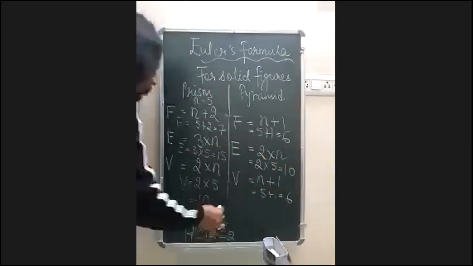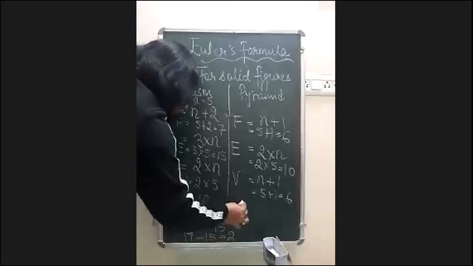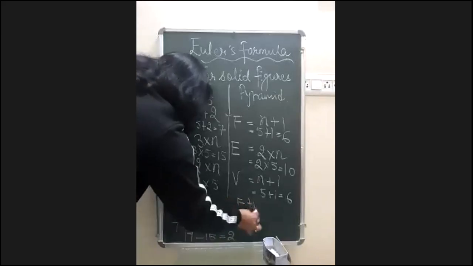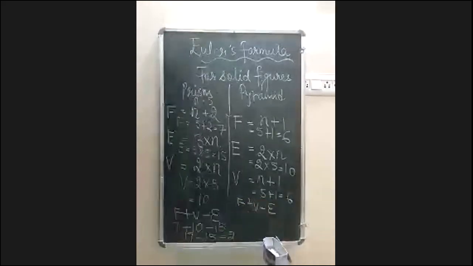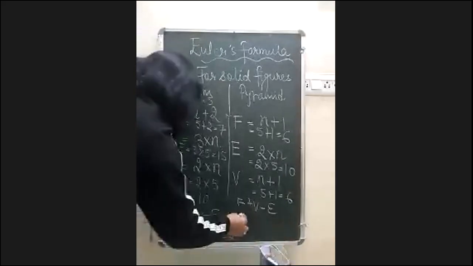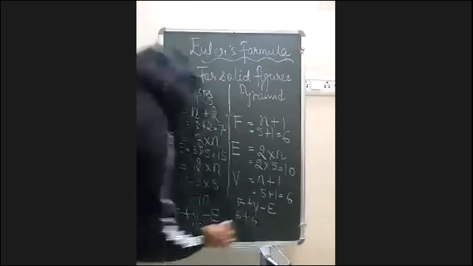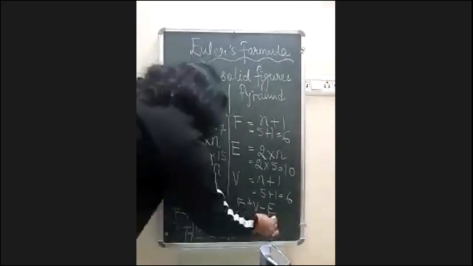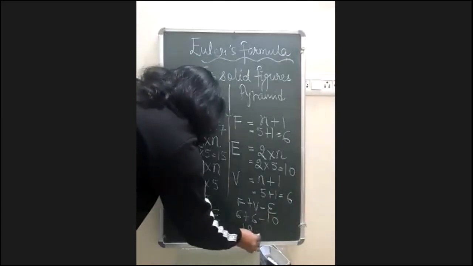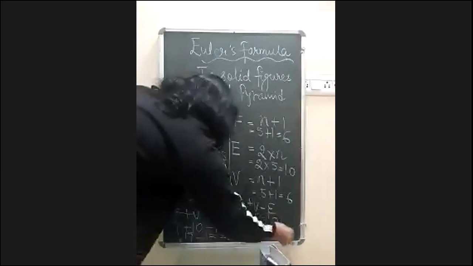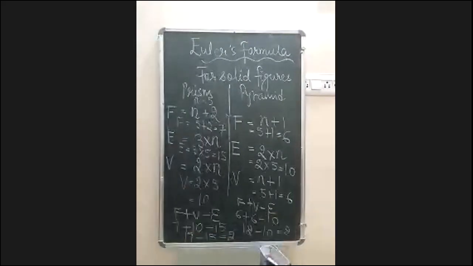Let us try that Euler equation के हिसाब से ये सही है कि नहीं है. तो F plus V minus E should be coming 2. So F plus V कितना हुआ मेरे पास 6 and 6 and then minus 10. So 6 और 6 मिलाकर होता है 12. 12 minus 10 which will give us 2. It means for both the sides it is absolutely